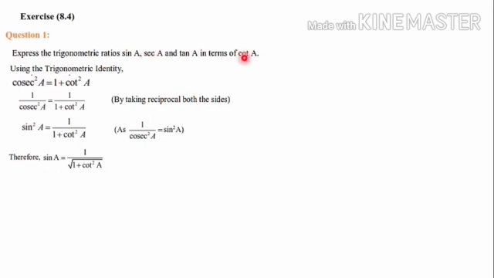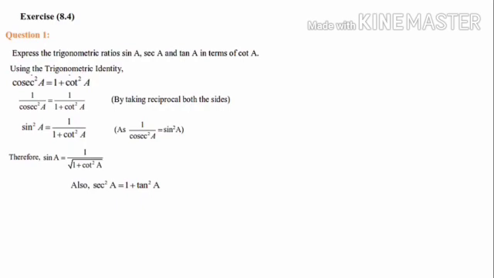Next we have to go for sec A in terms of cot A. For that we have an identity, sec square A is equal to 1 plus tan square A. This identity we have taken because sec A is the left hand side which we need, and on the right hand side we need cot A, but tan A is easily able to convert to cot A by using reciprocal ratio. So this is the appropriate formula we have taken. As I said before, selecting the appropriate formula from the identities or from the trigonometric chapter itself, it's difficult. So use your common sense to select the appropriate formula.